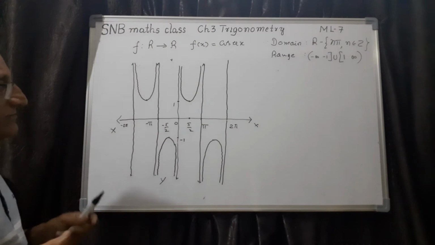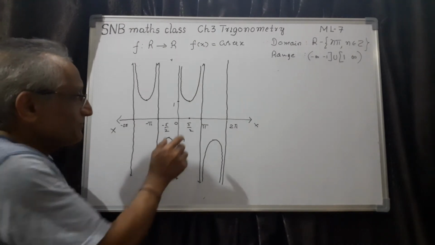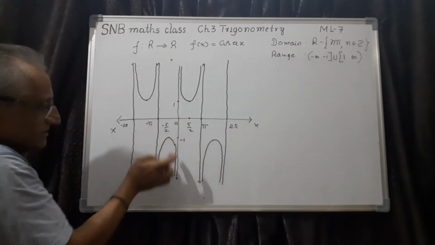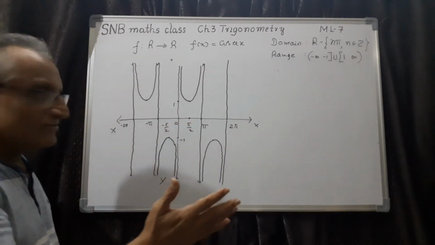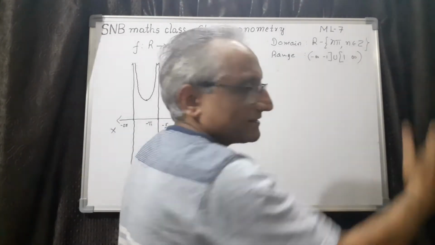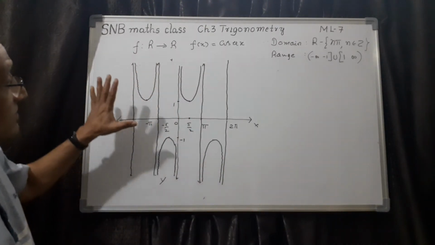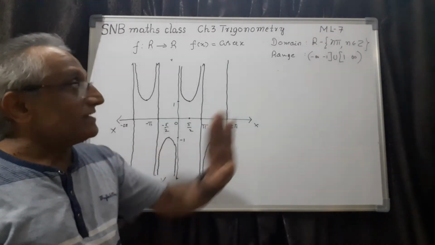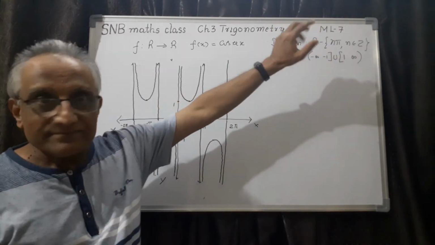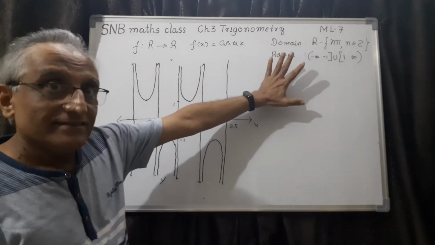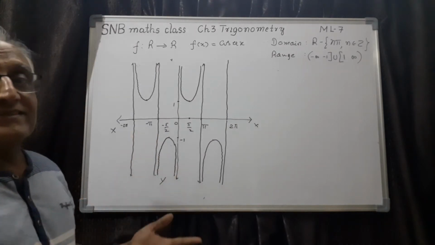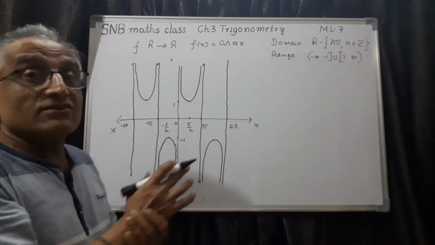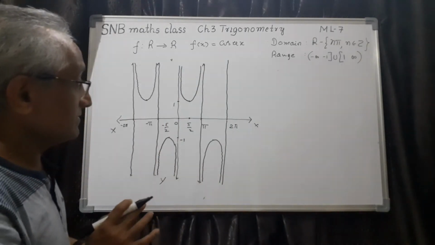What you have to do is very simple. First, 0 to pi, you decide, like this. And 0 to minus pi, this side. Then you need not worry. The same thing you have to repeat. That's all. So, that is the nature of the cosecant x curve. So, two things you have to remember here. One is domain. Second one is range. The third one is, now I can discuss anything with this graph, the nature of cosecant x.